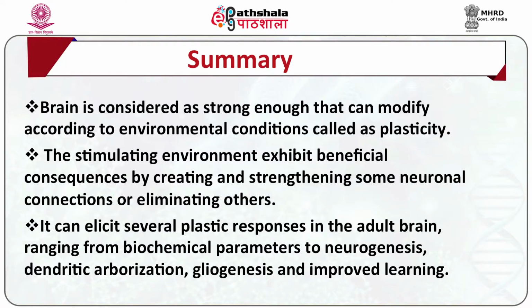Now, students, let us summarize what we have done in this module. The brain is considered strong enough that it can modify according to environmental conditions, called plasticity. The stimulating environment exhibits beneficial consequences by creating and strengthening some neuronal connections or eliminating others. It can elicit several plastic responses in the adult brain ranging from biochemical parameters to neurogenesis, dendritic arborization, gliogenesis and